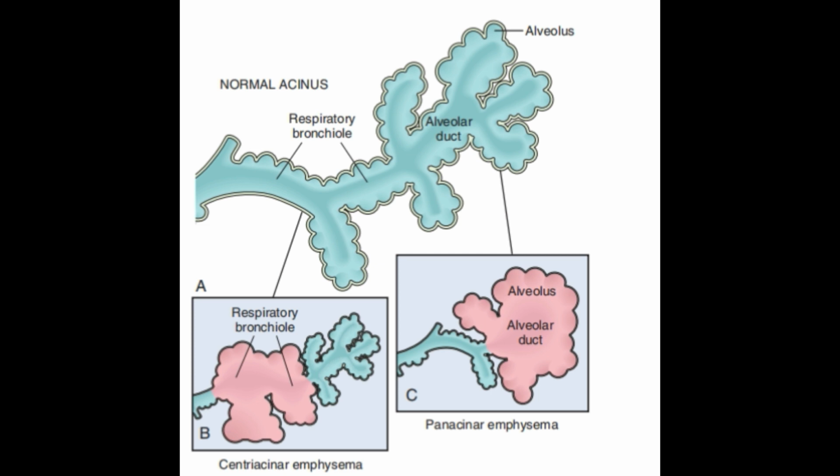Okay, so obstructive versus restrictive pulmonary diseases. Diffuse pulmonary diseases can be classified into two categories. One is obstructive and the second one is restrictive. Obstructive airway disease is characterized by an increase in resistance to airflow caused by partial or complete obstruction at any level. And restrictive disease is characterized by reduced expansion of lung parenchyma and decreased total lung capacity.